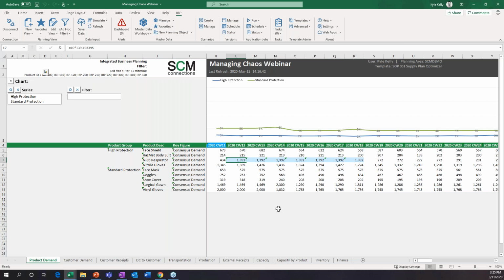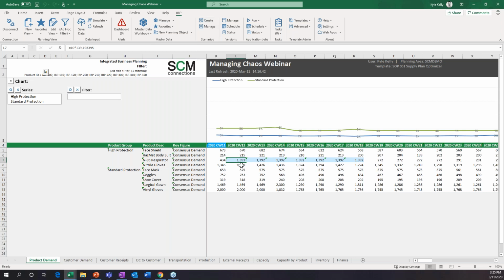Now, in this case, I'm making updates to our base data set. And a lot of the time, just for business processes, that's not what you want to do. You want to be able to compare your base to some of these what-if scenarios. So that's when we have what we call scenarios, where you can create, it's just kind of like a copy of your data set. And then you can start comparing what does my supply plan look like in those instances where I have a huge increase in demand.